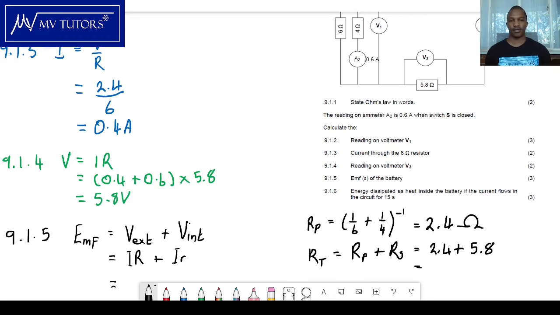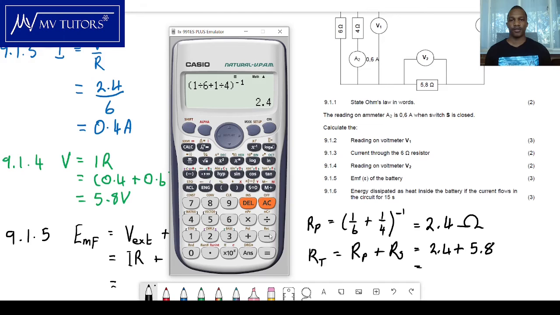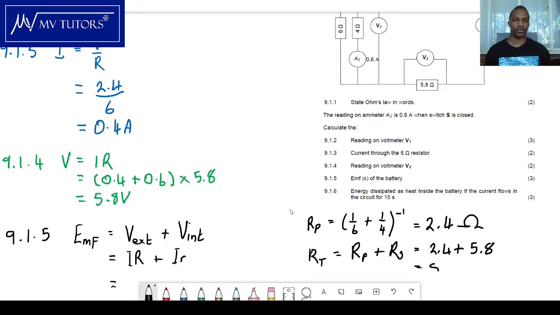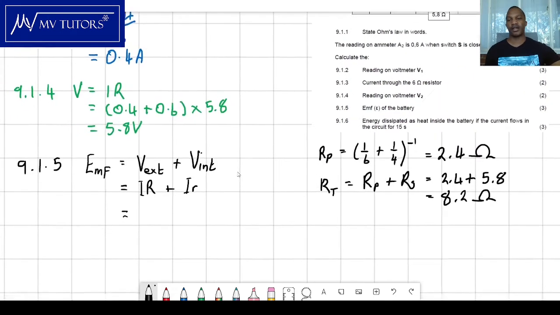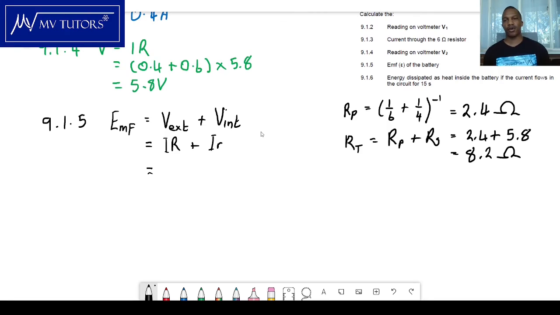Okay, let's put that in a calculator. 2.4 plus 5.8, which is in series, and then we get 8.2. So 8.2 is our total R. So that's big R. Okay, so current, total current, we already know total current is 0.4 plus 0.6, which is just 1. So we've got 1 there, and total R is